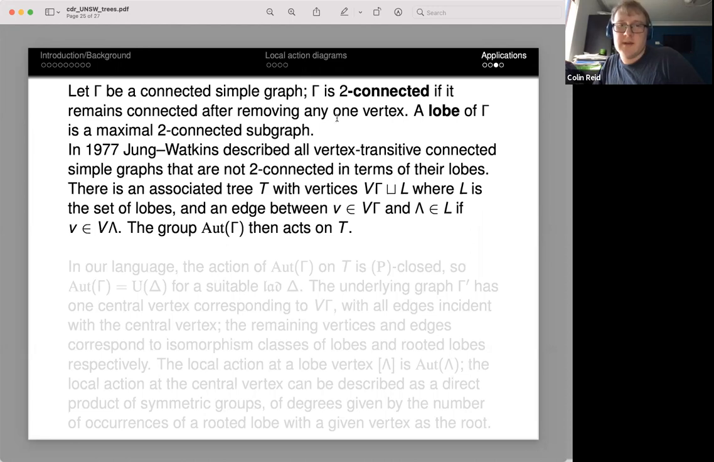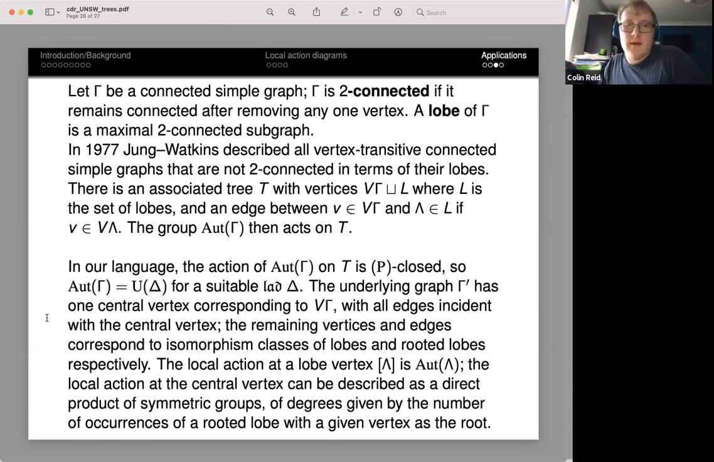the set of lobes and V gamma is the set of vertices of the original graph. And you draw an edge between a vertex and a lobe if the vertex lives in that lobe. And the group Aut of gamma then acts on the tree. And in our language, this is a p-closed action, so it's described by a local action diagram. The underlying graph, because it's vertex transitive, you have one vertex of the local action diagram for the vertices of the original graph, and then you have some vertices coming off it for the lobes. So you have like a star picture,